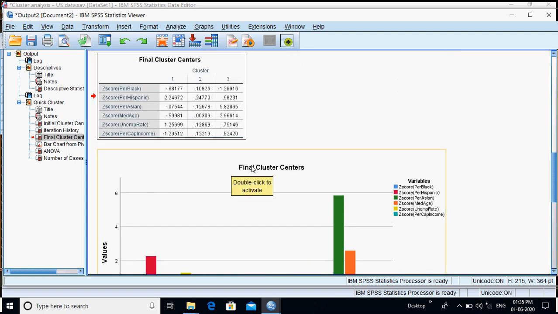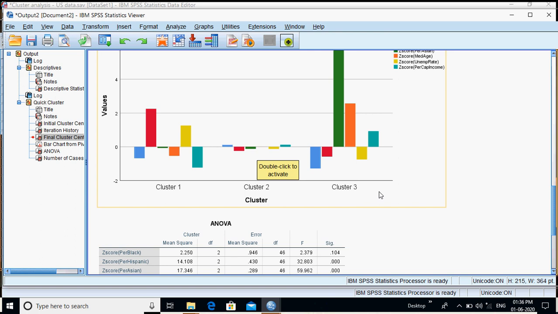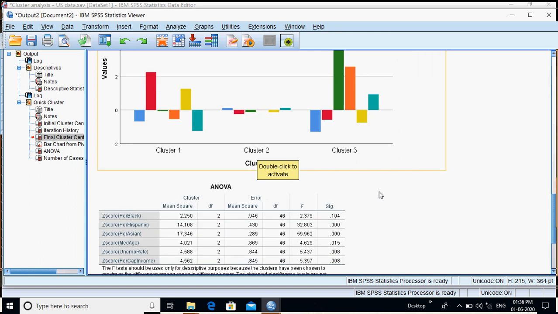Whereas the third cluster is again on a negative Z score, between 0 and minus 0.1. So similarly, based on all these, each of these clusters has been formed. Since we had instructed the system to generate 3 clusters, it has given us 3 clusters. If we had given 4 clusters, then it would have created 4 clusters.